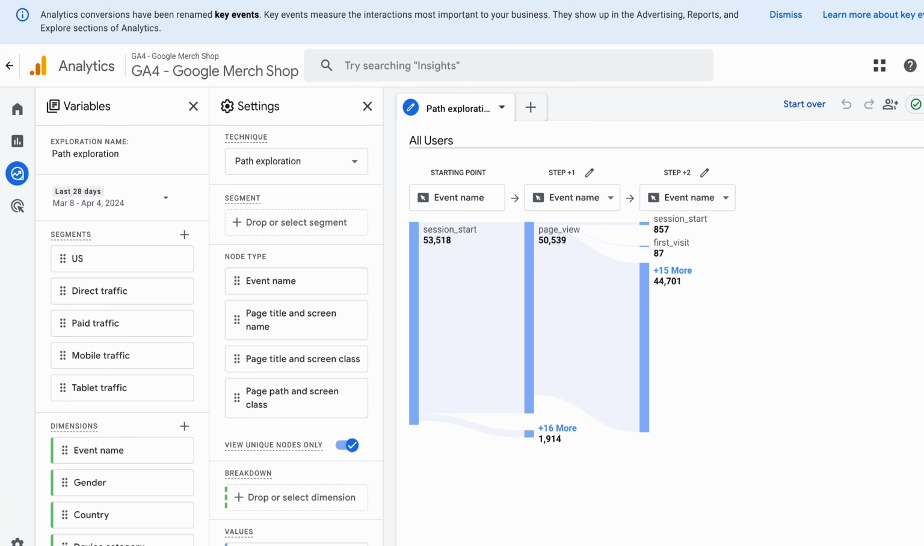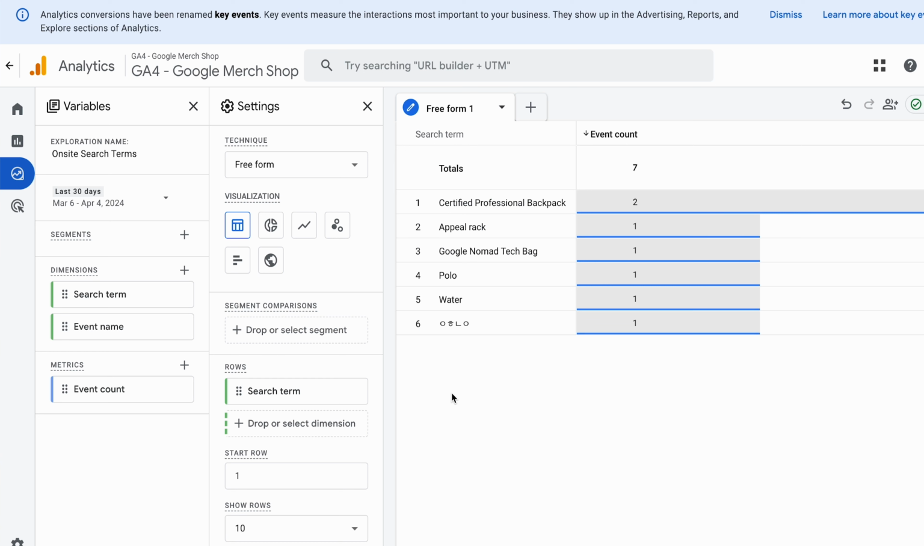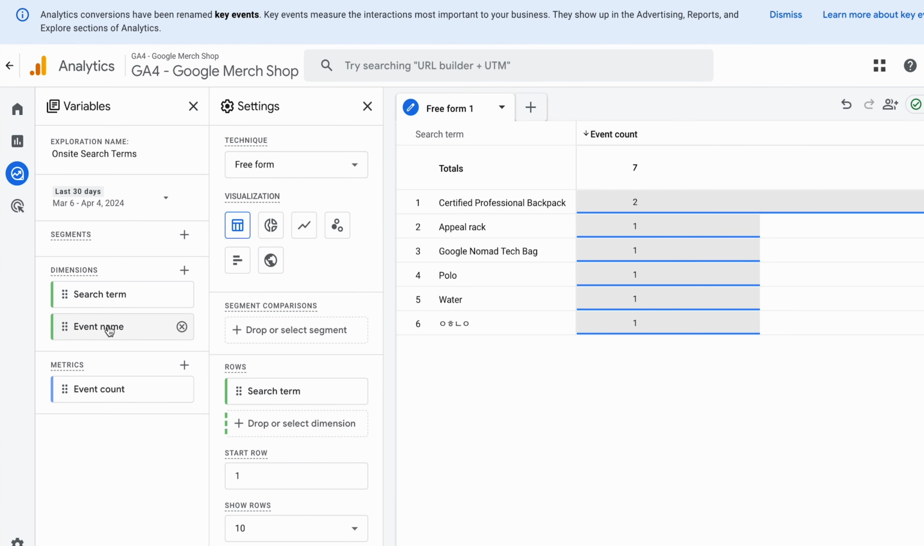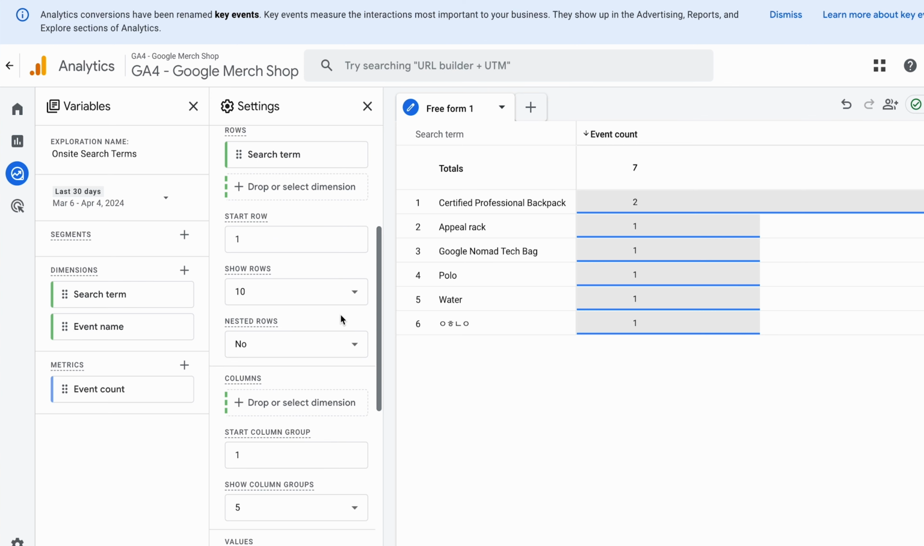One of the common things that we do is look at what people are searching for on the site. So in this case, we built out this sample on-site search terms. So these are search terms that are being used on the site, and we set that up as a dimension here. And then event name and the event counts. This is how many times they're doing it, right? And so we have the search term,